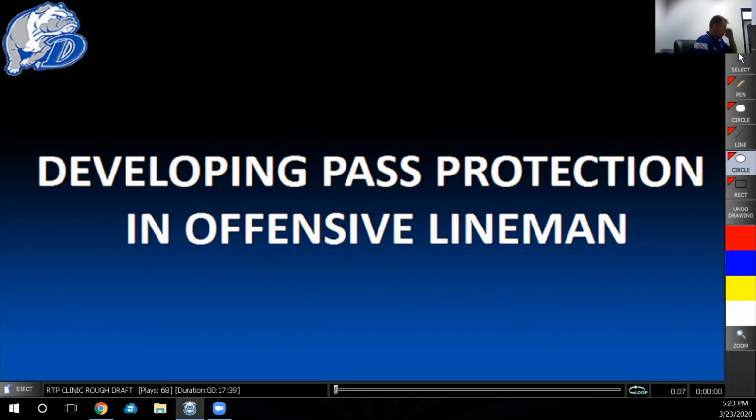Our philosophy when we're throwing the ball at Drake, guys, is that we don't want to sit back and throw the ball a million times. We want to be a run-first offense. It's why I've spent the last 2 hours of my life talking about inside zone. But